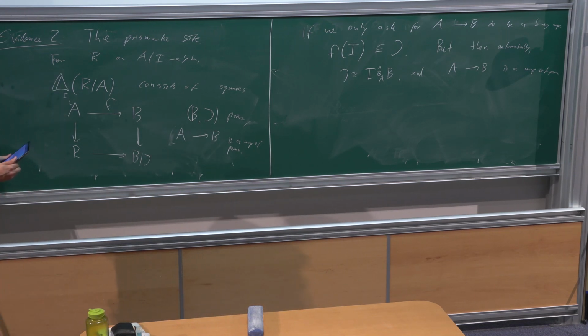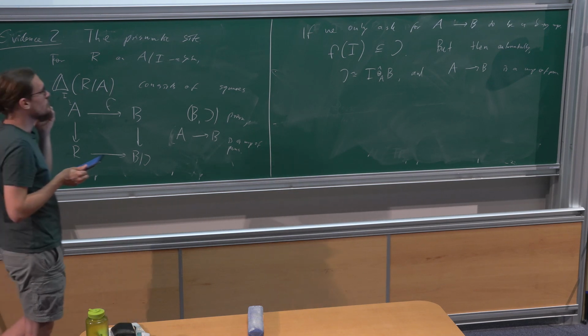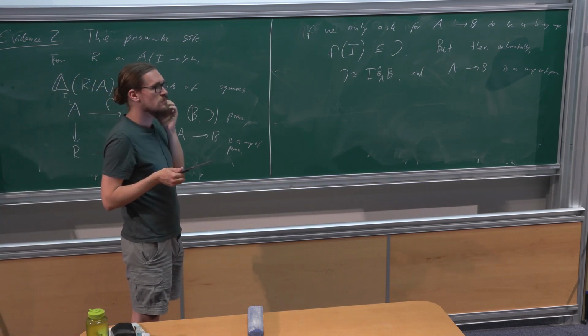So what you have written there, as far as I remember, the map of prisms was just a map preserving the ideal and the delta structure. So the preservation of the ideal is automatic. There was a lemma in the basic Bhatt–Scholze paper that f of I generates J, but this is a map of prisms. You don't need it to know that you have a map of prisms. The definition of a map of prisms was already